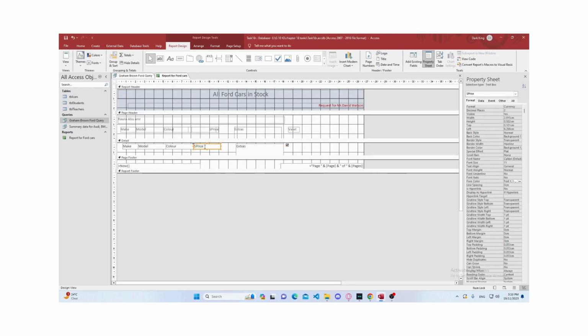The color and the model are very close to each other. I will try to make some changes. Okay, here I will do the same. Then I will